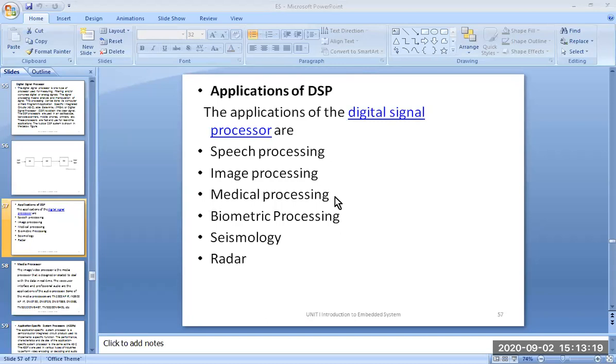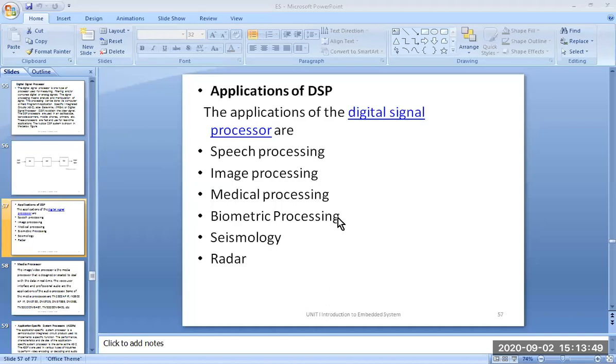DSP applications are nothing but finding the Laplace transform or removing the noise and so on. Basically it has to carry out mathematical operations, meaning multiplications, additions, subtractions, and so on. In normal general purpose processors, you may not find multipliers, or you may have multipliers also.